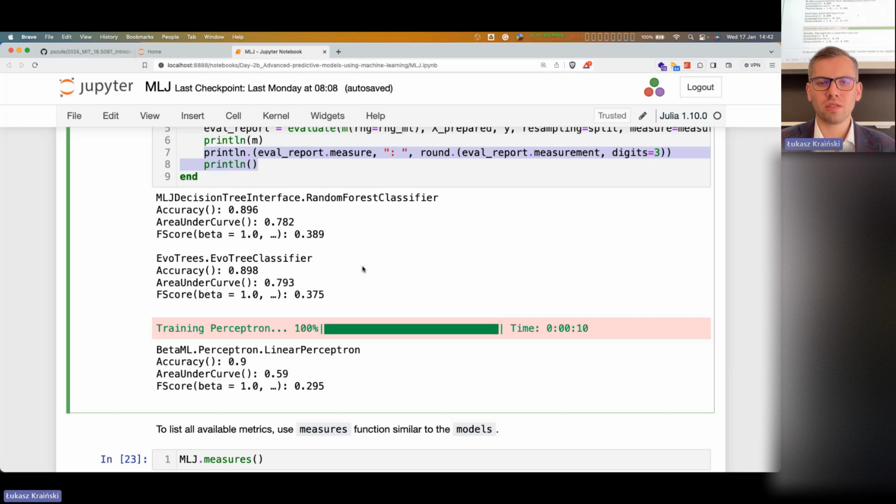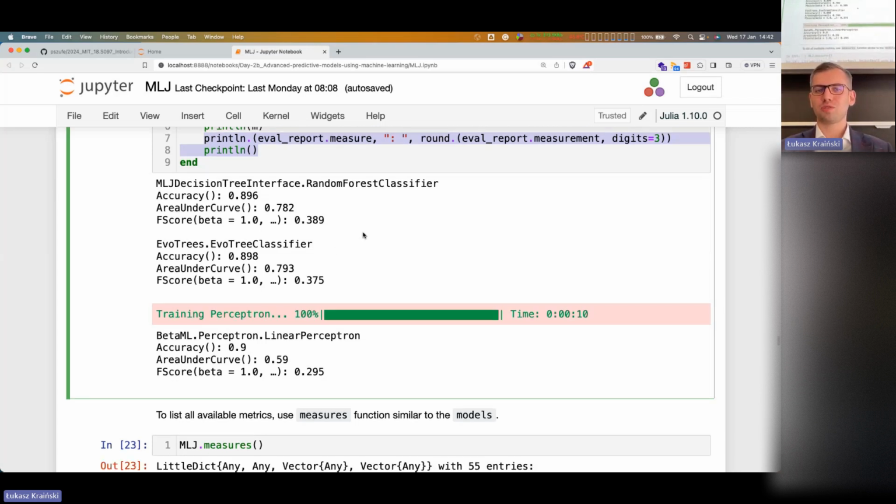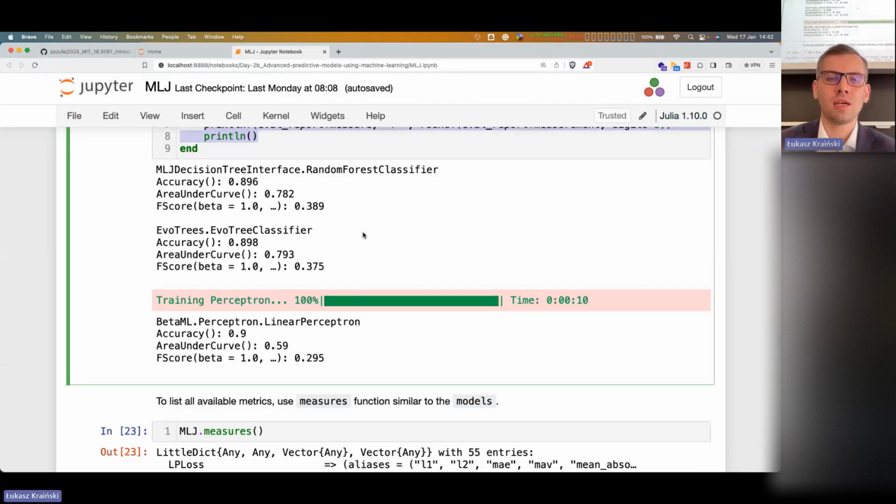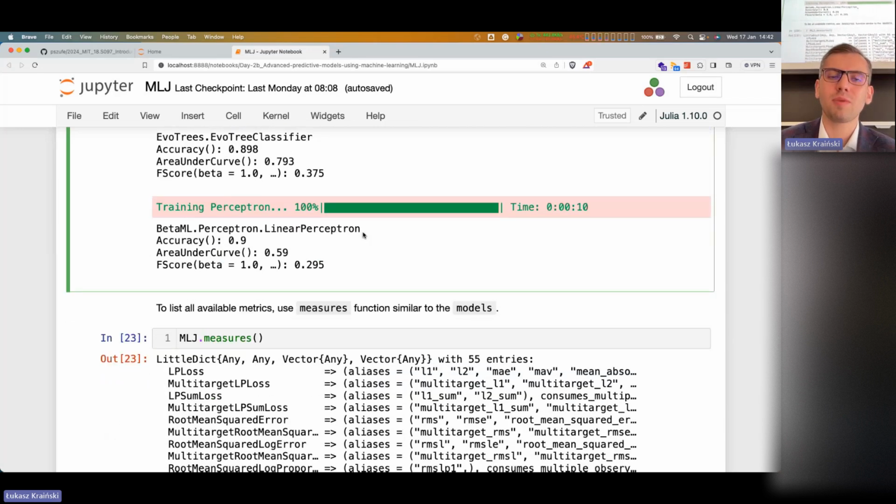I think I already said we'll use area under the curve. So probably I should pick the Evo tree classifier, which has the highest value on the validation data set, but we'll pick the random forest because it has a lot of hyperparameters for tuning. So of course, we are not actually picking the best one model by the book, but you can see that it's about learning those